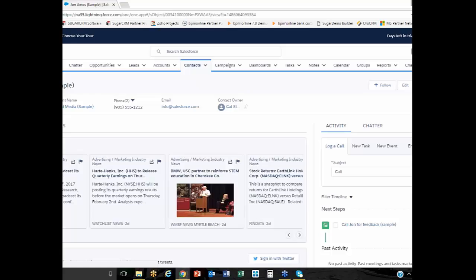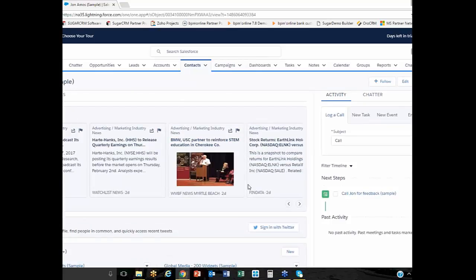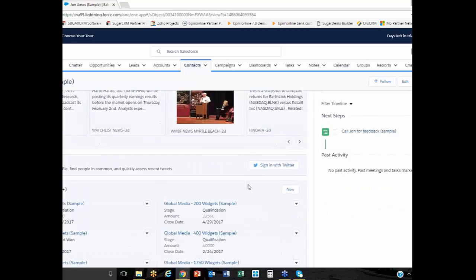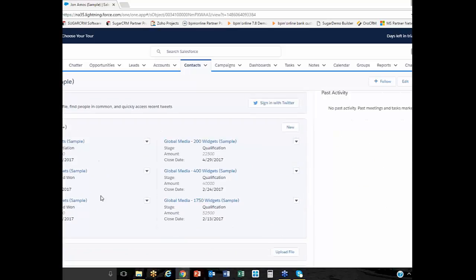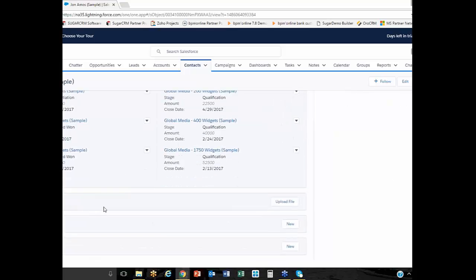It's very, very consistent in its behavior, whether I'm looking at accounts or contacts or leads. Once a user understands this interface, they're going to see that consistency across the board as they go to these other modules in the program. And that's something that Sugar does very well also. So here, as I go into John, I can see the opportunities I've worked with him, any past activity timelines, again, document management, notes, and service cases.